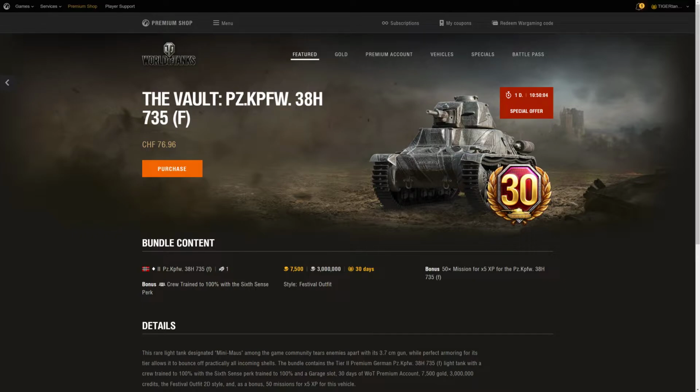And it's quite interesting because this tank is known as the Minnie Mouse. I distinctly remember this tank at tier 2 running around causing havoc. And I always thought the S-35 at tier 3 was bad, or at tier 4, another French captured vehicle, the B1, but I'm not entirely sure what it's called anymore. But either way, they're selling this tank in this ridiculous bundle, and I wanted to talk about it real quick